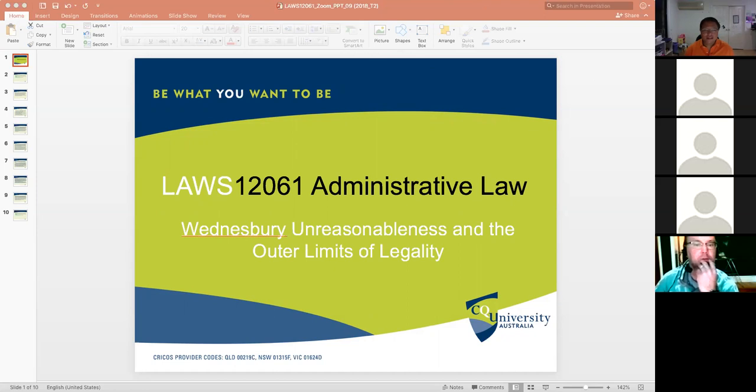And so tonight, our topic is on Wednesbury Unreasonableness and the outer limits of legality. What we're again doing tonight, like in the past several weeks, is to examine the grounds for judicial review. And the reason why we're focusing mainly on the grounds for judicial review is that